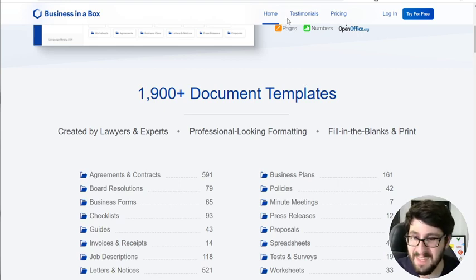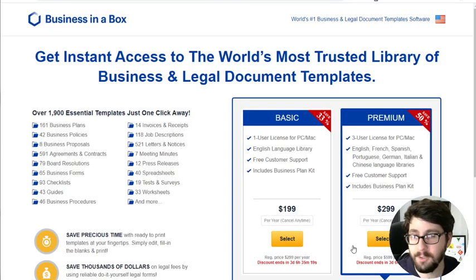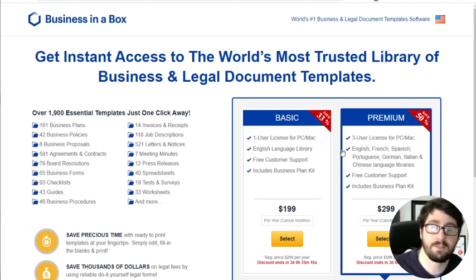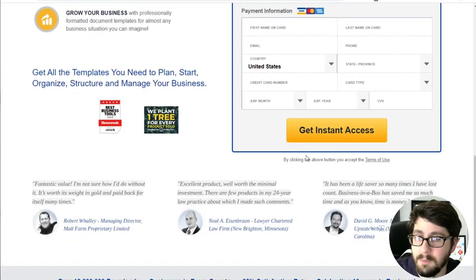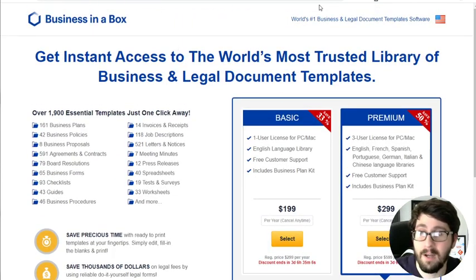Anyways, there's all sorts of good stuff on here, and I think it's a one-time fee, $199, and you've got access to one license for this. It says that it's per year, but honestly, I don't mean to blow myself in here, but I am almost positive that I haven't paid for this in like 4 years and that I still have access to all of my documents. So, for whatever that's worth,